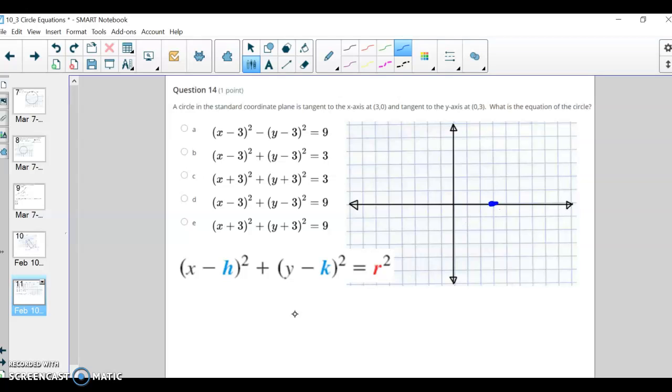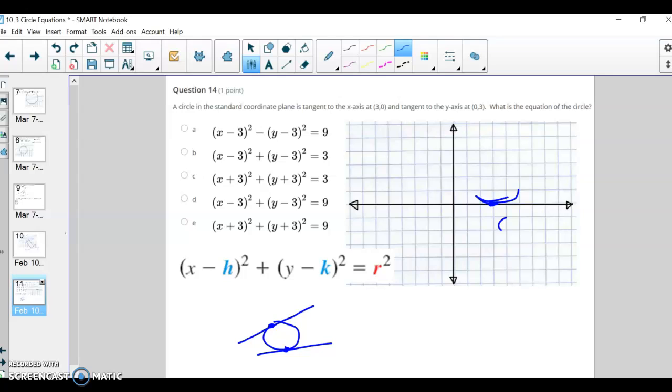Okay, and if you forget what tangent means, tangent is just a line that touches the circle only once, right? So there'd be a tangent line, there'd be another one, right? Those are called tangent lines. So we know the circle is going to come down like this and touch just once